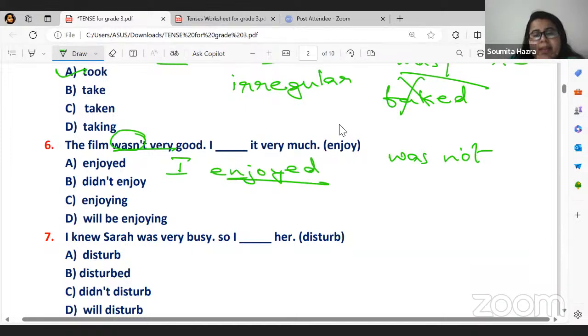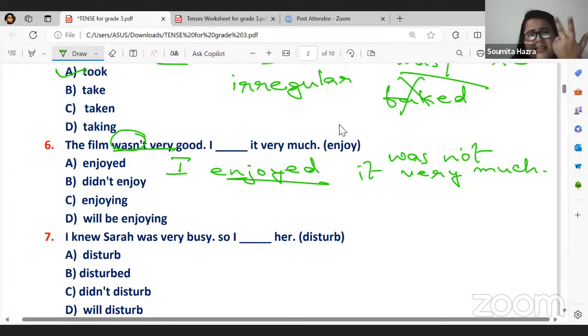I enjoyed it very much, right? But I didn't enjoy. It is in negative. So how do you write negative sentences in past tense? This sentence is in simple past tense, negative. So there will be two types, actually three types of sentences, right? Positive statement, positive as an affirmative, and then negative, and then interrogative.